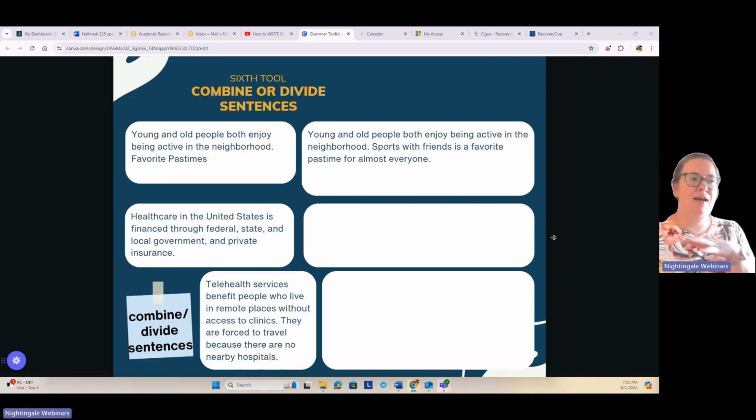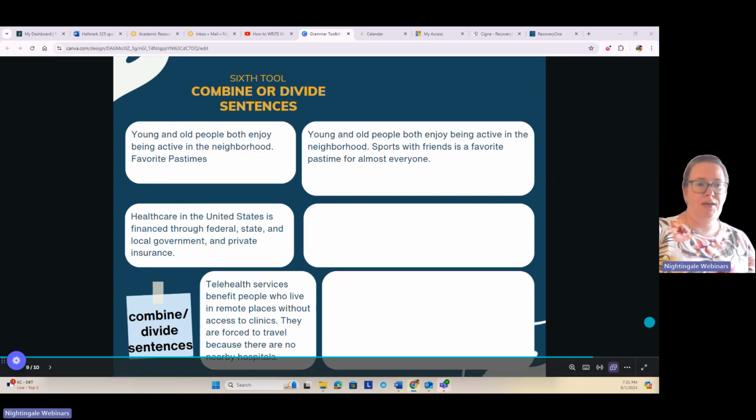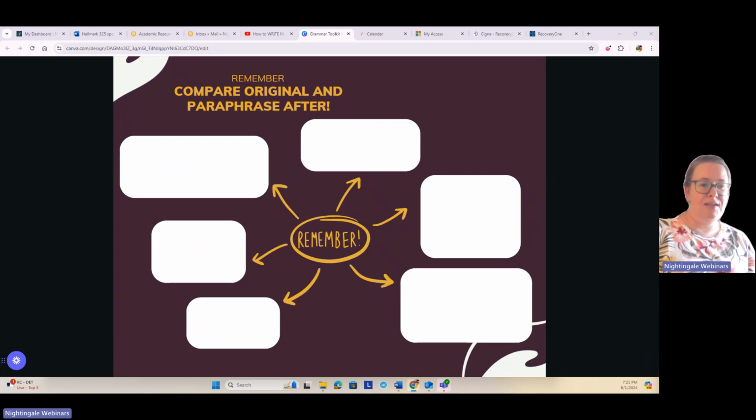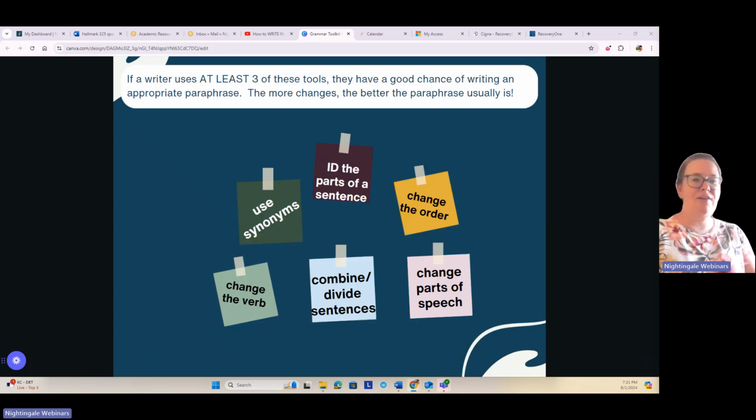These are our 6 strategies, our 6 tools that we can use. We can start at any of these places. We can look at synonyms first. We can look at changing the sentence structure first. Whichever step is clearer for you to get started with is where you should start.